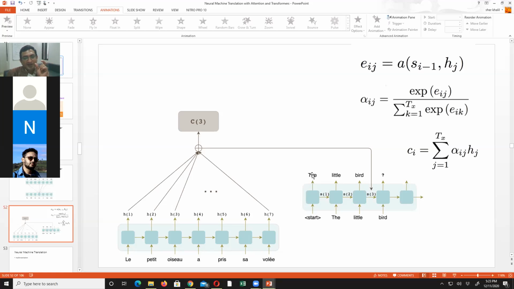So we have a start token embedding, and the output is coming from here, and we say the prediction should be there. Now at this stage, we are not only getting input from here and here, but we are also getting input from the whole C0. This is C3, but when we are producing there, at that stage it was C0. So C0 is also coming here. If the prediction is correct, you don't need to do anything. But when the prediction is incorrect, you come back, do backpropagation, and update all these weights.